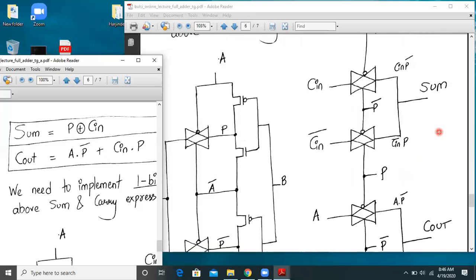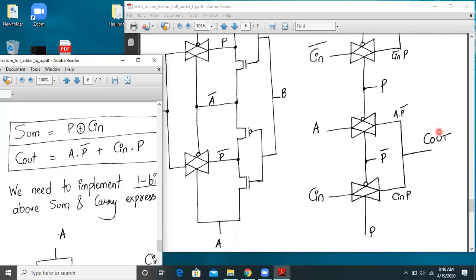Now let us go ahead and check the carry circuit. For carry, we want Cout equal to A into P bar plus Cin into P. So I require at the output A dot P bar plus Cin into P. Again I require two transmission gates. For the first transmission gate, the input is A, and for the second transmission gate, the input is Cin.